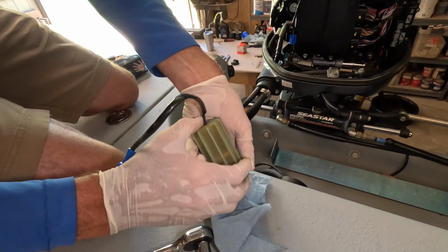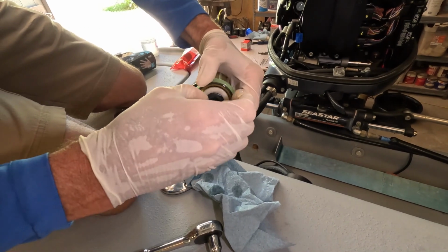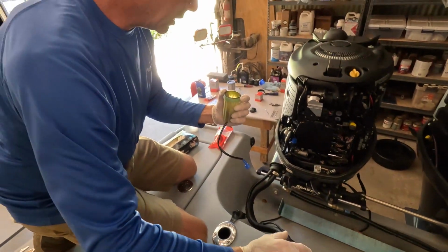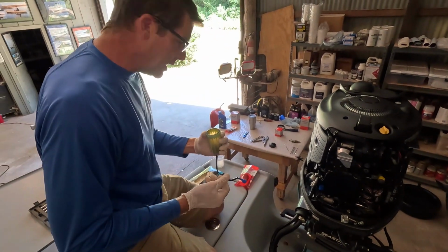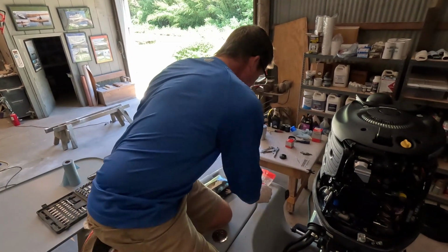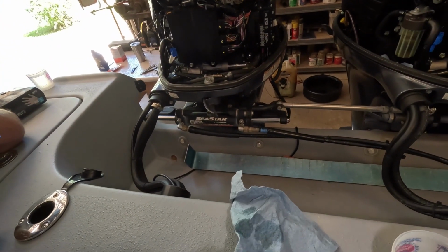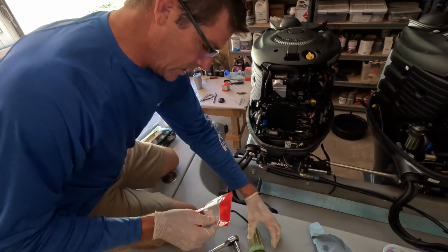That should pull right out of there. There we go. I try to use gloves when I can, working with gasoline and with used motor oil, probably a really good idea. And you'll notice there is an orientation to these. The bottom is not going to have any kind of a fitting. The top is going to have a little O-ring there,